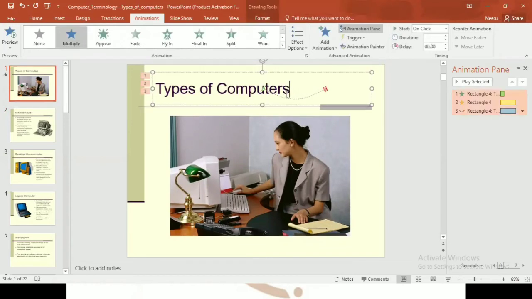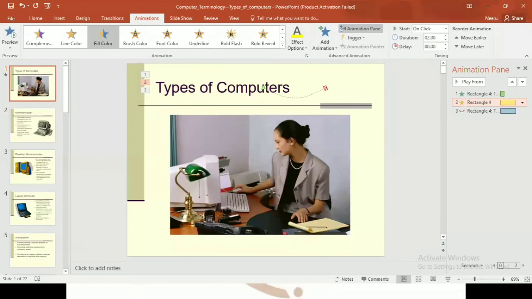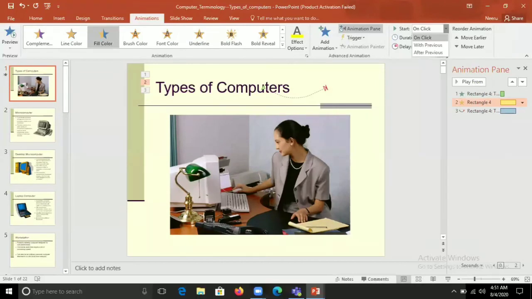There are three methods. The first one is on click, with previous, after previous. With previous means play along with the previous animation, after previous means play after it. Clear? So for example, I have selected the second one and I am taking from here, with previous or after previous.